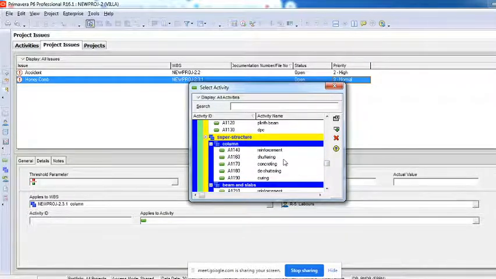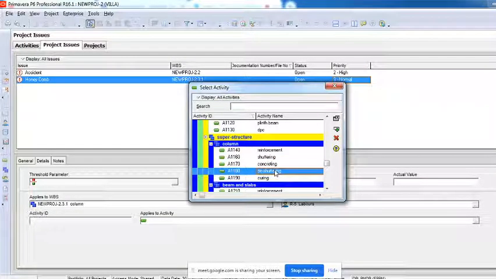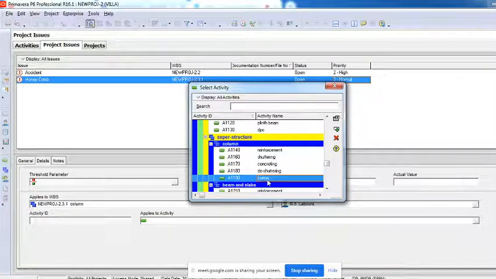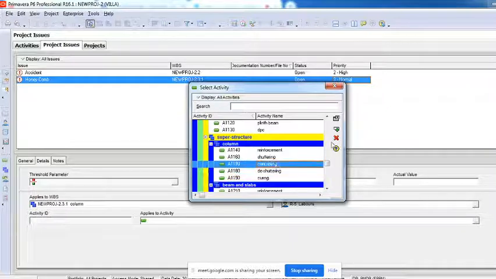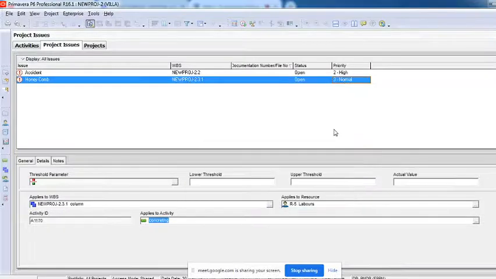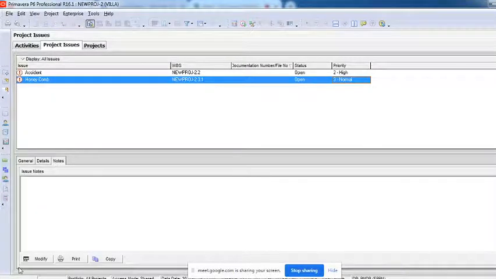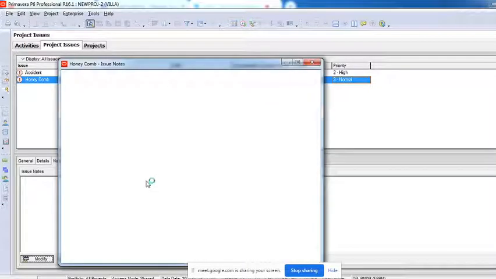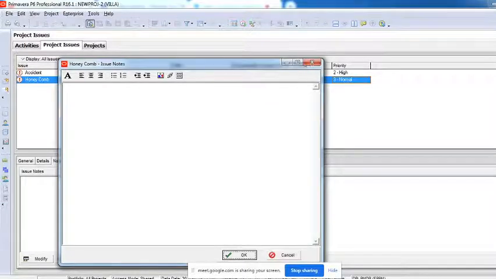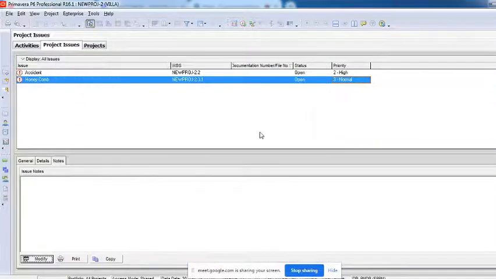This is a column you have selected. I'll say this is an activity, or after deshuttering there's an issue, or while curing we got to know, or wherever you want, concreting itself. I'll add this. This is an issue for this activity where applies to that particular activity. You want to have any notes, you can add, and you can type as much as any notes you want to give to make them understand what this particular issue is all about.